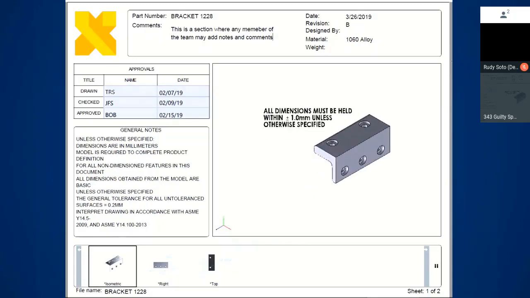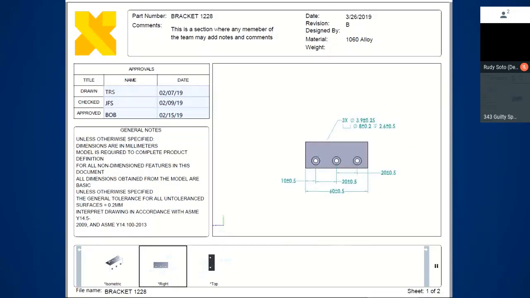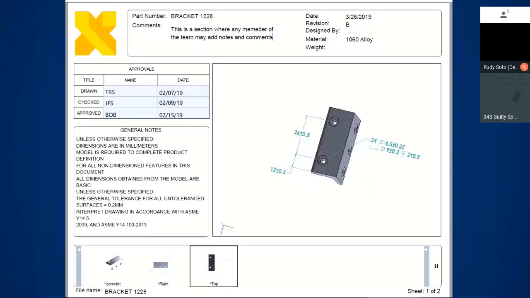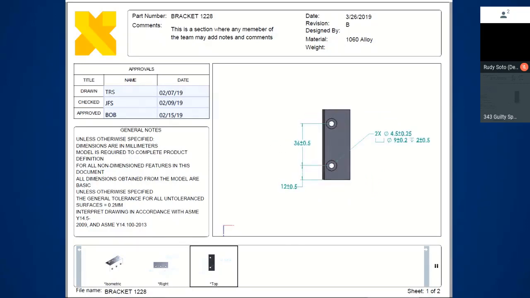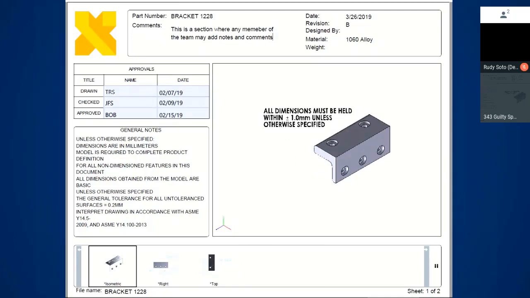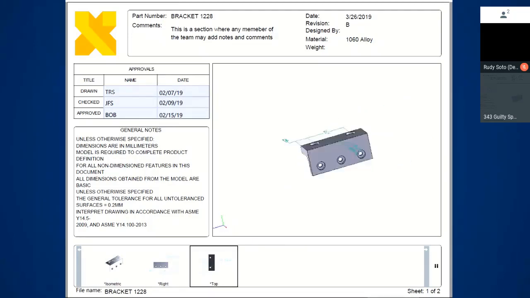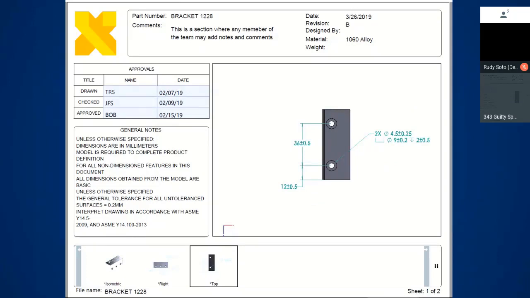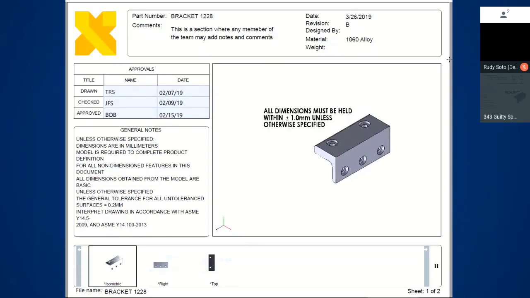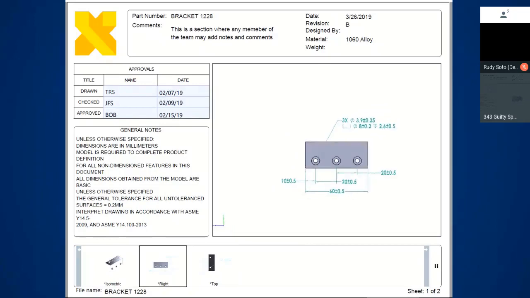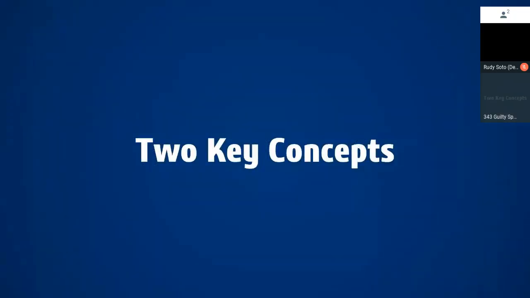So that's the criteria for the machinist to manufacture the part, give it back to me, and for me to say, yes, these are acceptable and we'll pay you. What we're doing is saving the designer the time required to add a dimension to every single edge of the model that you would traditionally see in a drawing. So that's the first key concept when we are talking about PMI and MBD.